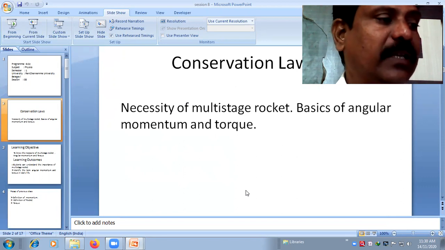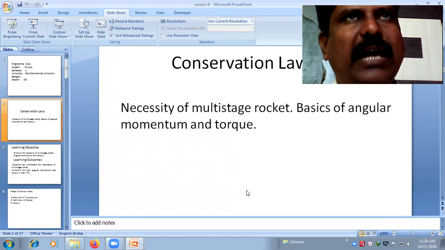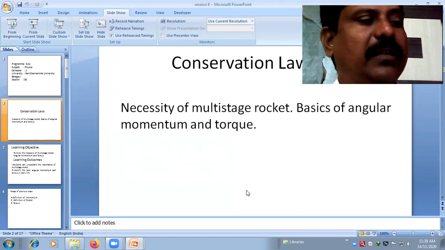And one more thing, its final mass should be smaller than its initial mass. So in order to have a high velocity, the final mass of your rocket should be